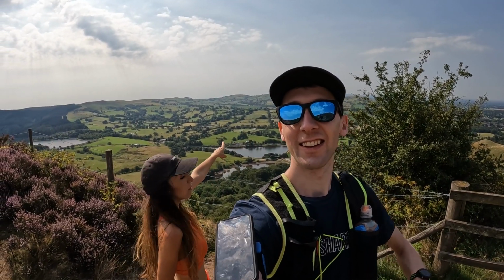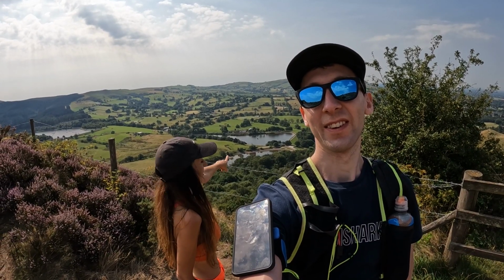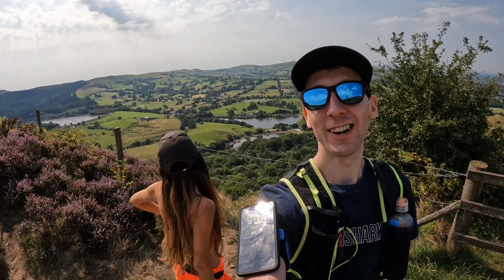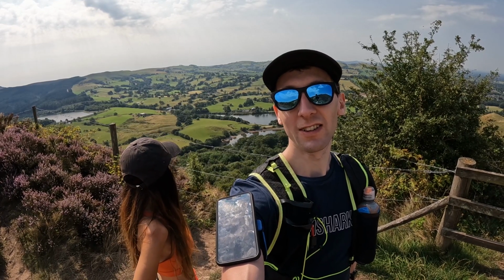Okay, so we've got Croker Hill at the back, which is one of the club runs that we do. We've got Langley Reservoir down here, you can see down there. And what's that one called again here? So that's Trenton Bank Reservoir. Trenton Bank Reservoir. So we have been around there, so we are now going to be going around Tegg's Nose